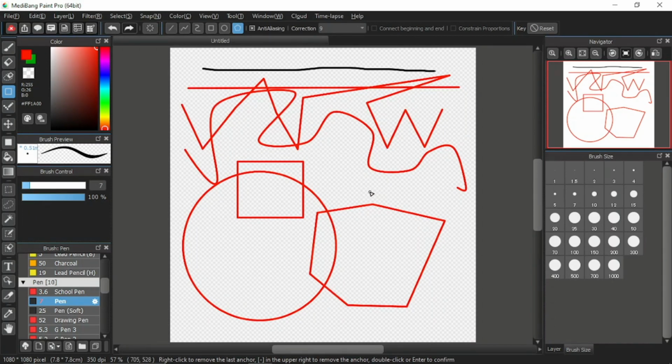Alright, so those are the 6 functions of the shape brush tool. Some are easy to do, some are not so easy to do, but please practice a lot so that you can create a picture just by using the shape brush tool and all the functions available up here. Now let's move on to